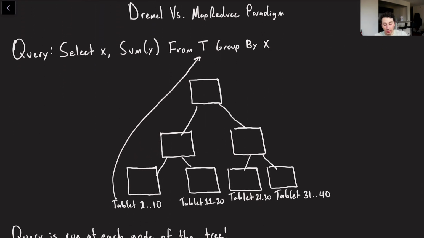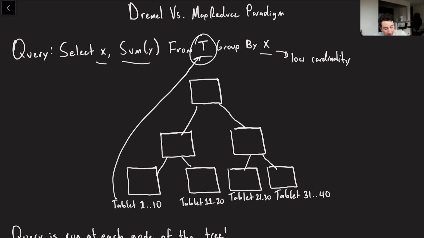Cool. In contrast, what does Dremel do? Here, again, we're doing a select X, and we're summing up some other field Y from some random table, and then we're going to basically be grouping by this field X. So let's imagine X has a low cardinality, same idea. Maybe there's only 10 unique X values or something like that. Or maybe there's 100, but even still, it's not going to be massive. Even there could be 1,000. But the point is, as long as there's not 10 million, that's a very different story, right?